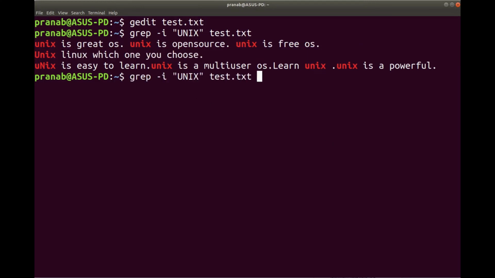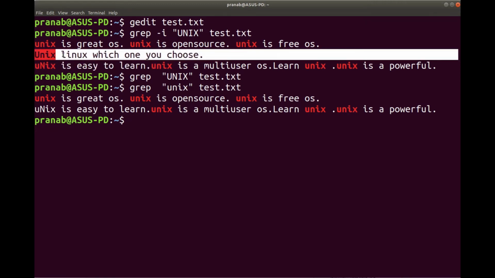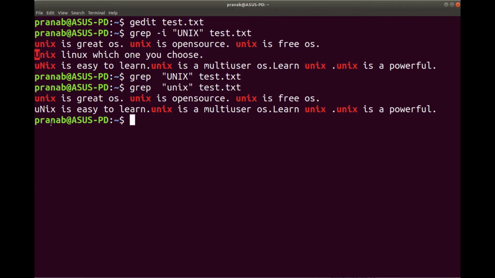If we try it without this -i option, we see that nothing is displayed because there is no word Unix in all uppercase. So that is why there is no result. Again, if we search with the option simply Unix, you will see Unix is displayed, but this particular line is not displayed because here U is in uppercase.